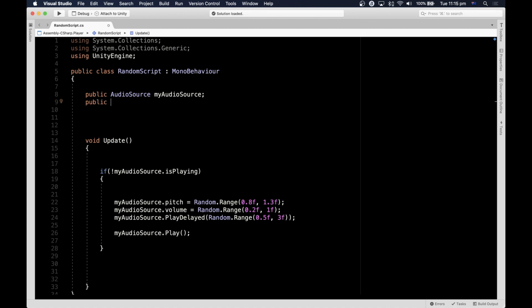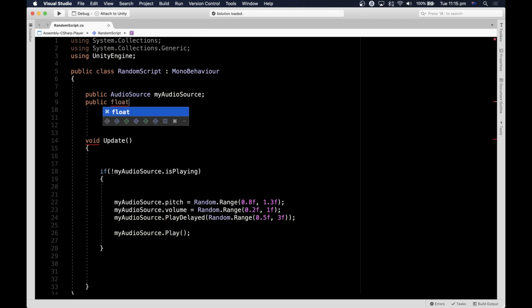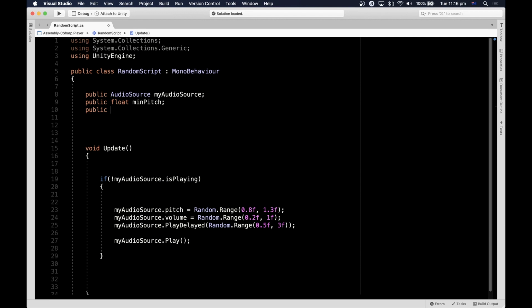So public, and these are all going to be float. So these are all going to be decimal point numbers. This is the type of thing that we're dealing with. And this first one is going to be minPitch, semicolon to finish that line, public float maxPitch,